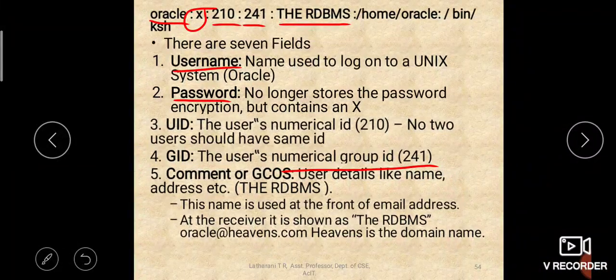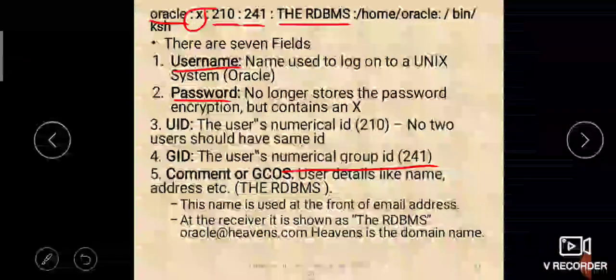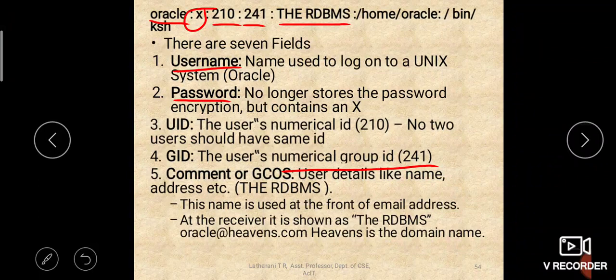The next field is the RDBMS, which is a comment or GECOS field. User details like name, address, etc. will be stored. So here it is the RDBMS. This name is used at the front of the email address. Whenever you receive an email from any person, their name is given in the first column, right?